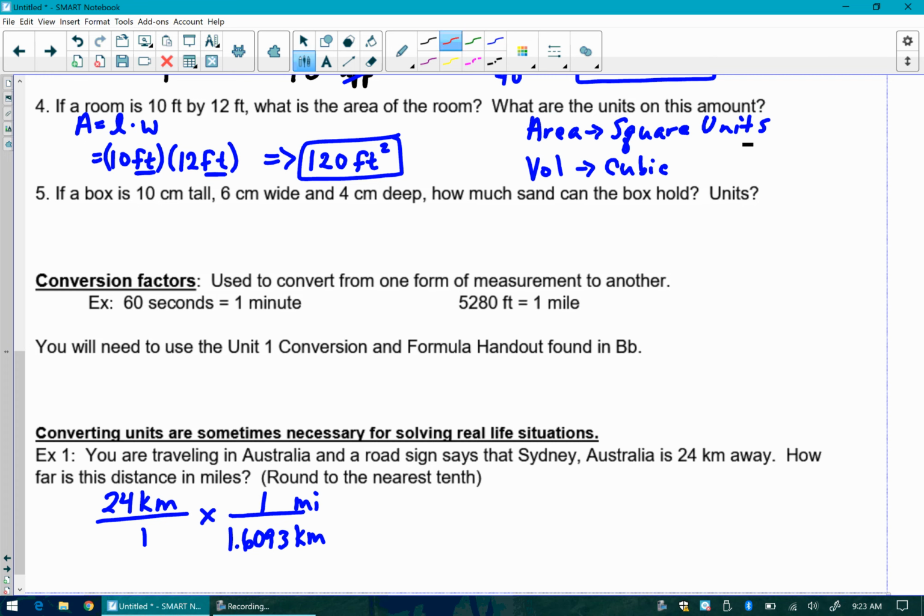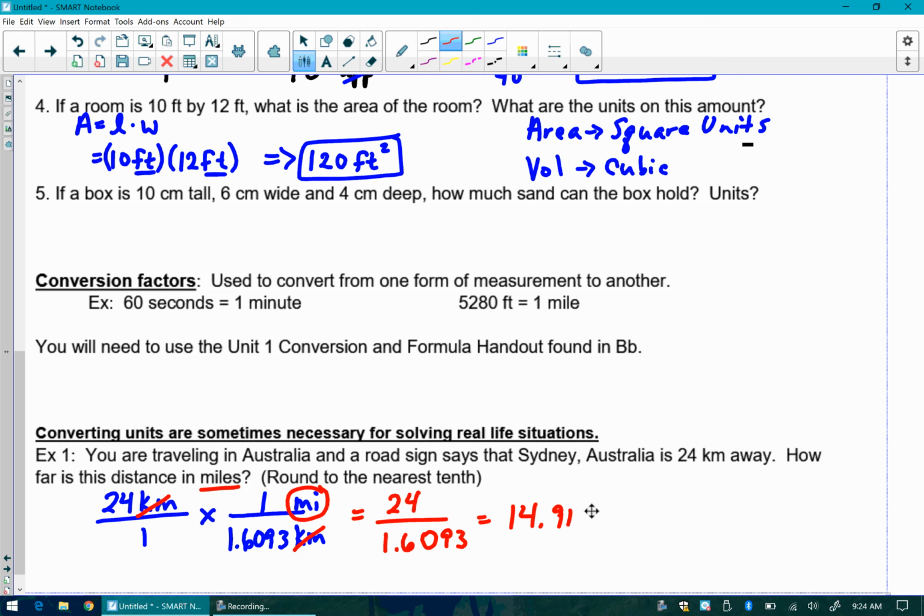Now, here's how you're going to know that you can stop: my kilometers at that point are diagonal, so they can cancel out. My final answer is supposed to be in miles, and you'll notice the only unit I have left is miles. So, therefore, I can stop, multiply straight across, 24 times 1 up top just gives us 24. 1 times the 1.6093 on the bottom just gives us the 1.6093. Then you're going to throw that in your calculator, so 24 divided by 1.6093 gives you